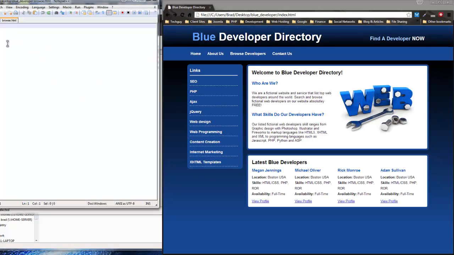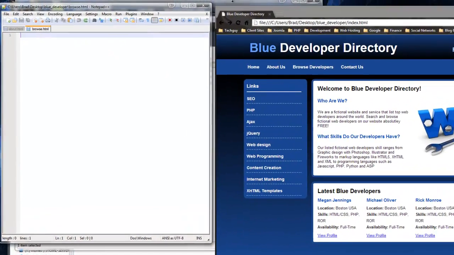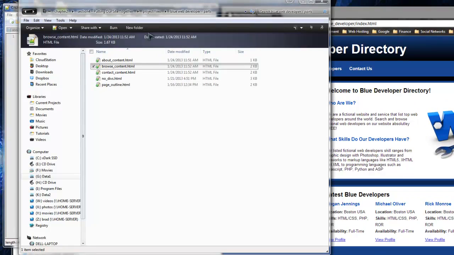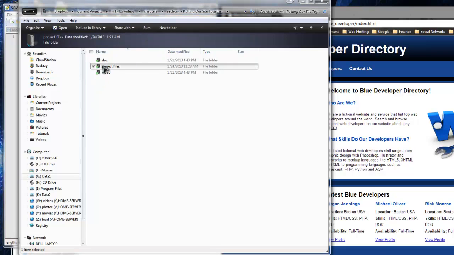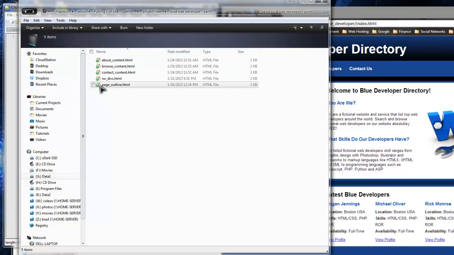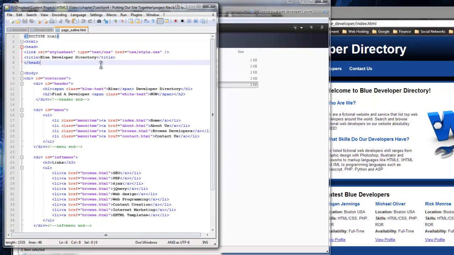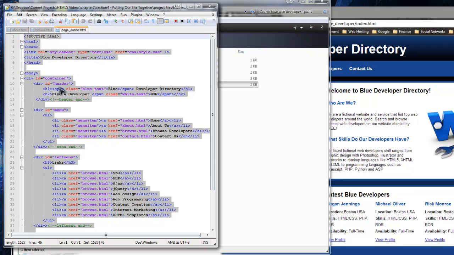So what we want to do now is add the shell, the outline again. Go back to your project files, in section 4, project files, Blue Web Developer parts, and you want the page outline. This is that shell that we used for the About Us page. So save it, copy everything,